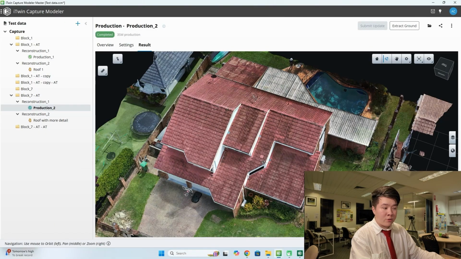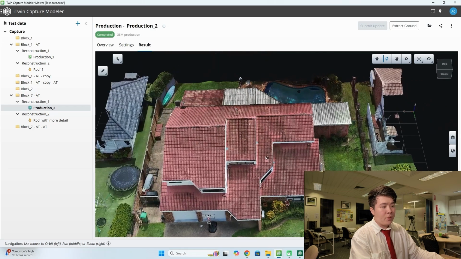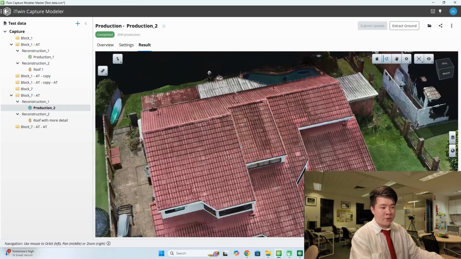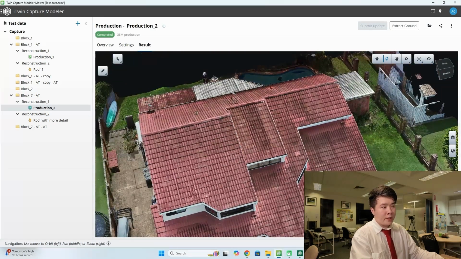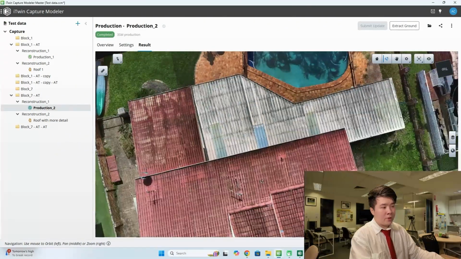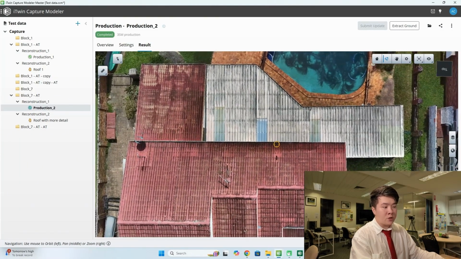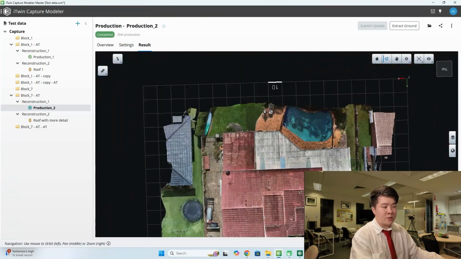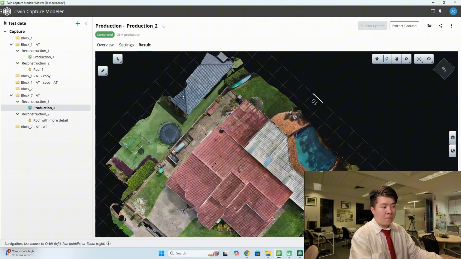Obviously, for enterprise equipment, we have far more in-depth techniques and curriculums for enterprise capture. We do have them on our course, but Patrick has taught you very good fundamentals on that. Verticals are good and expedient, but if you want more detail, you'll need to go at an angle and capture some oblique data as well to go along with your nadir data in order to maximize your